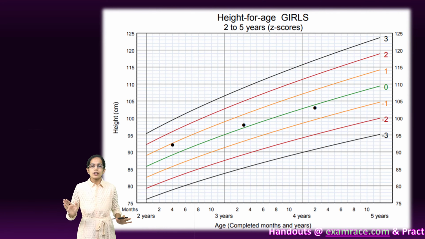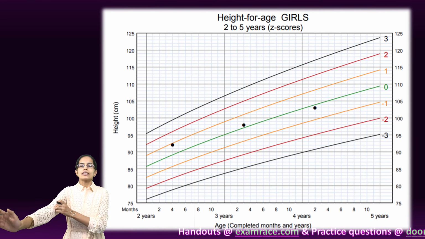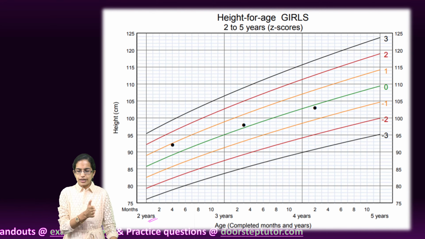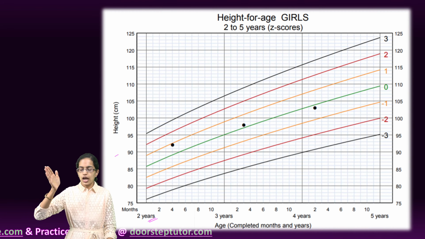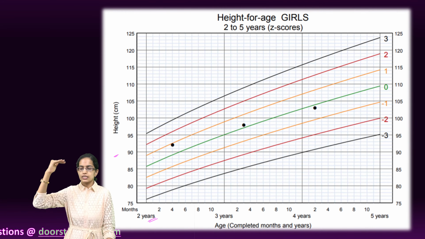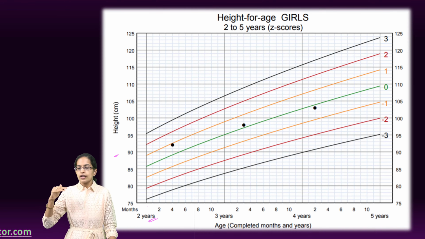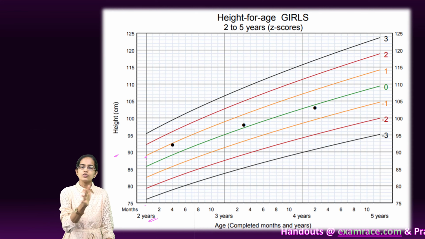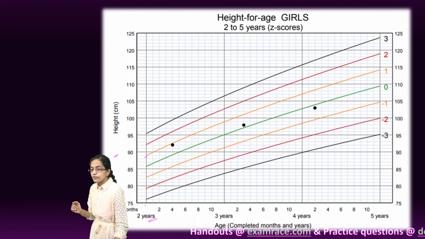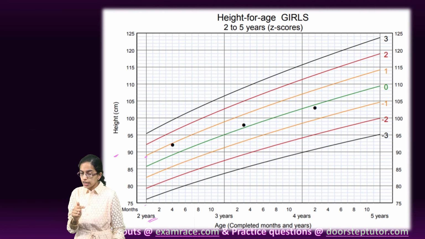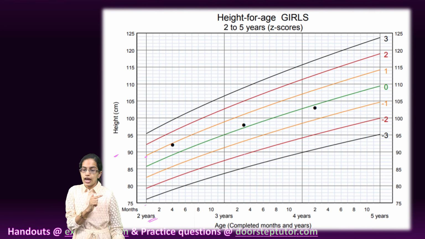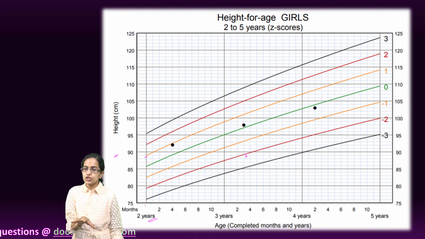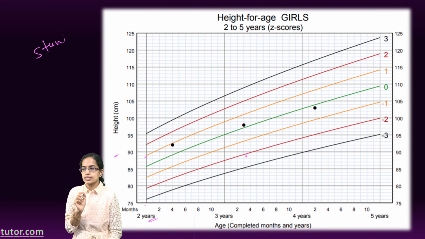Now this is an example of a height for age chart for girls, and this is for 2 to 5 years, and we have the various age parameters which are given here in contrast to the height. That means at this much age, this is the optimum height that a person should have. So for example, at 2 years, the optimum height is around 88 centimeters and so on and so forth. Now, if this height for age ratio is less than 2 standard deviations from the median, as per the WHO growth charts, this is known as stunting.